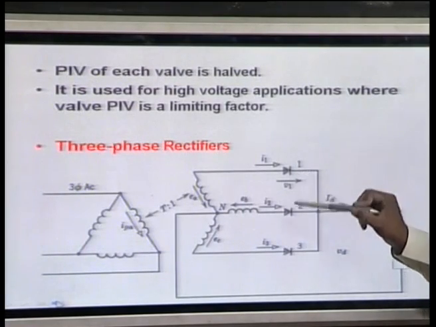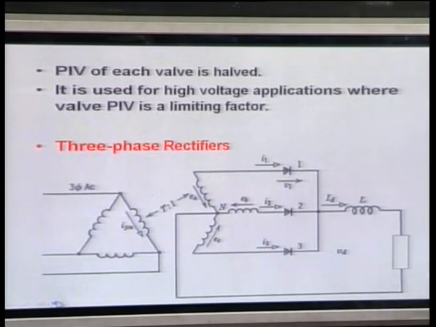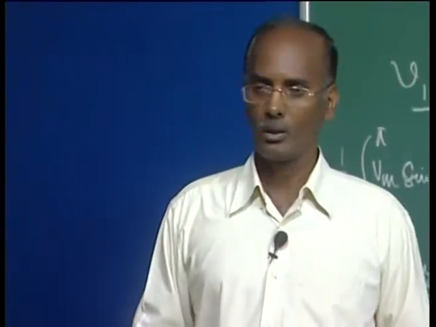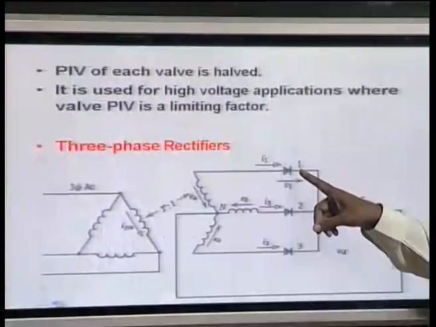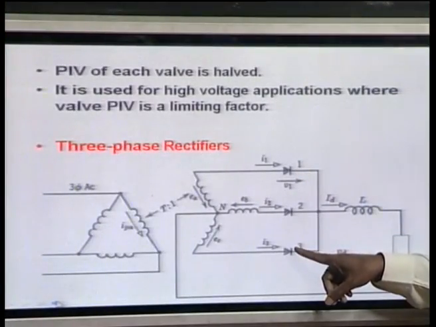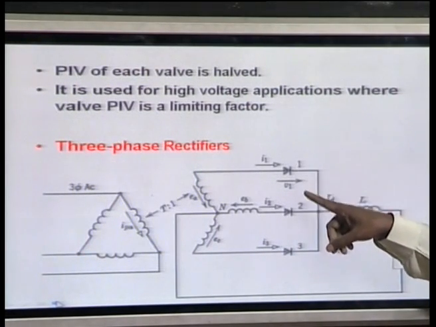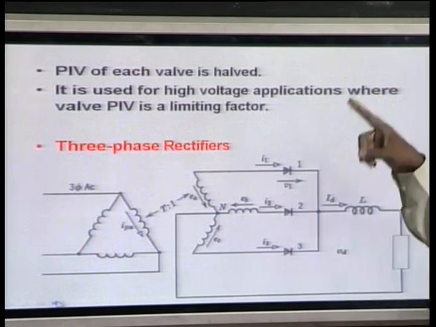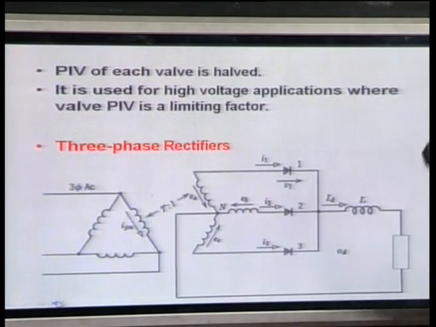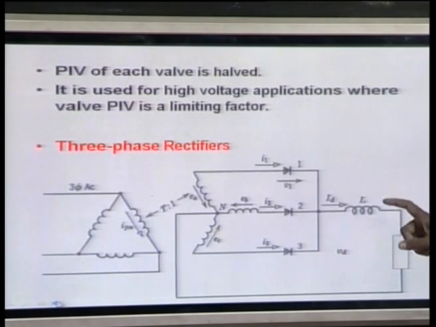So here there is continuous firing of the valves. When valve 1 is going to conduct, it means valve 3 was conducting, and then valve 3 will come into the picture, then valve 2, then valve 3 and so on. This is a complete cycle, and it keeps on conducting. In this case also, we are assuming the DC current is constant, that is, ripple free, and the voltage across this DC output is